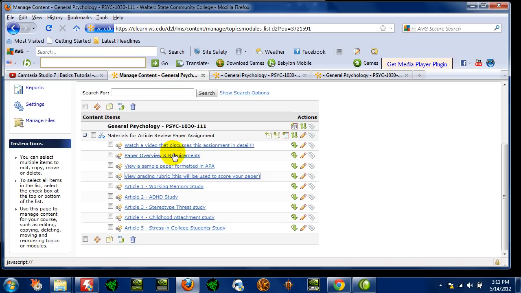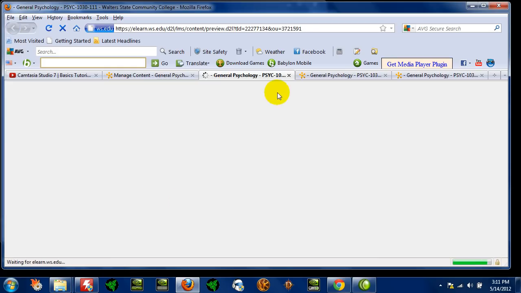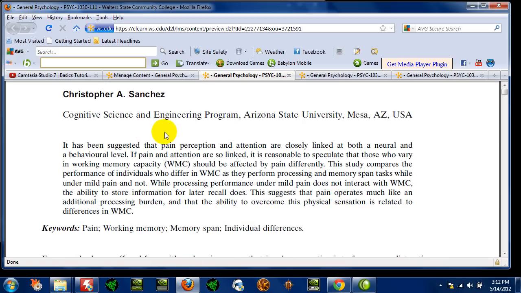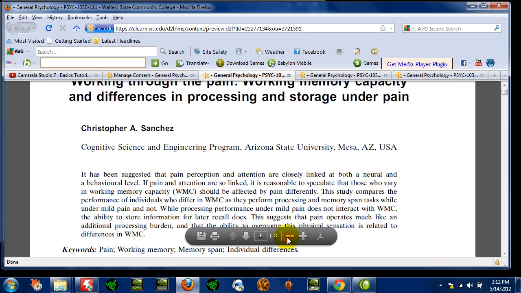The next resource you're going to see is the 5 articles that have been pre-selected for you. Now these may vary depending on your professor, but for right now, all professors are given these 5 particular articles to choose from. And you may see different articles depending on your class, but I suspect most of you will see these 5. Your next job is to open these articles and read what's called the abstract at the beginning of it. So for this article titled